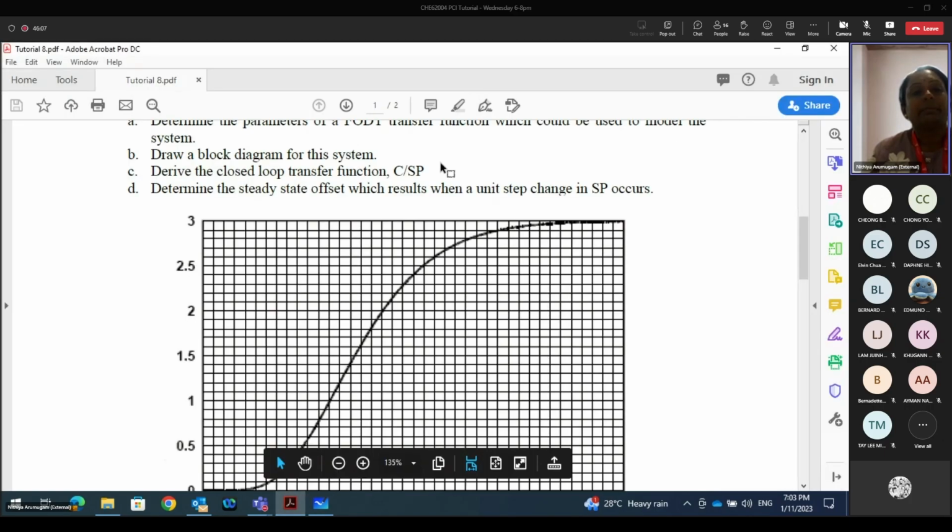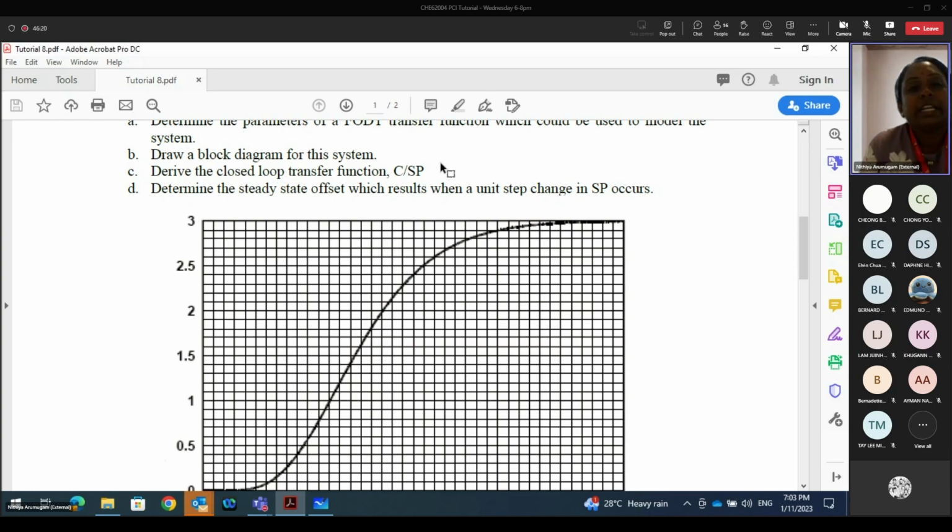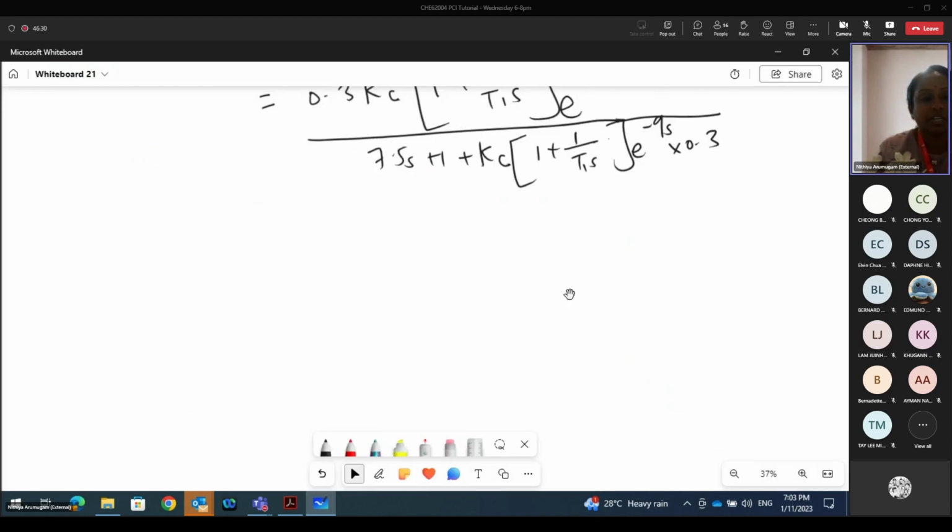The next part: determine the steady state offset which results when a unit step change in set point occurs. Okay, so we need to calculate the offset when a unit step change in SP occurs. What they mean by a change in SP is that they have expressed the SP as 1 over s. So when the change in set point occurs, we need to replace SP in the whole expression with